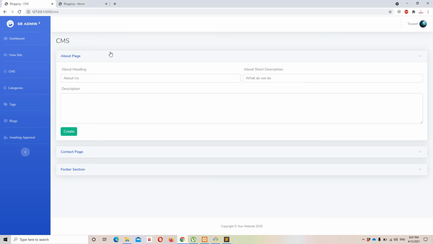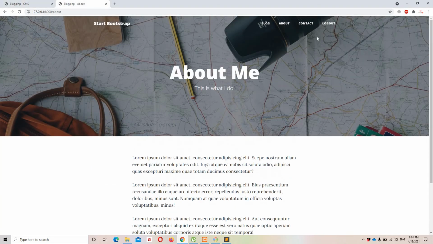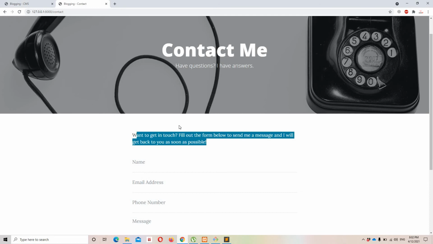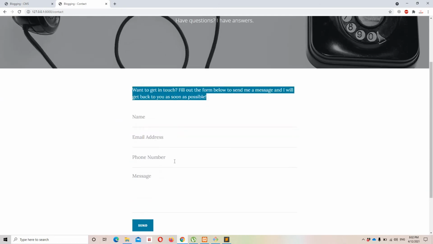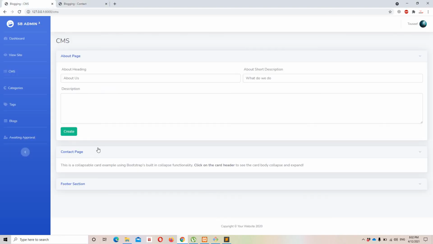Okay guys, so now we can move to the contact section, and as we have seen, our about and contact page related CRUD, or the CMS, would be the same, like heading, short description, and some description. Okay, as we have discussed, we are not going to cover the front end part now, we are going to cover it in a separate video. Let's keep that in mind. And actually in this case we need the same fields, that's what I mean. So I'm going to copy the form from right here,